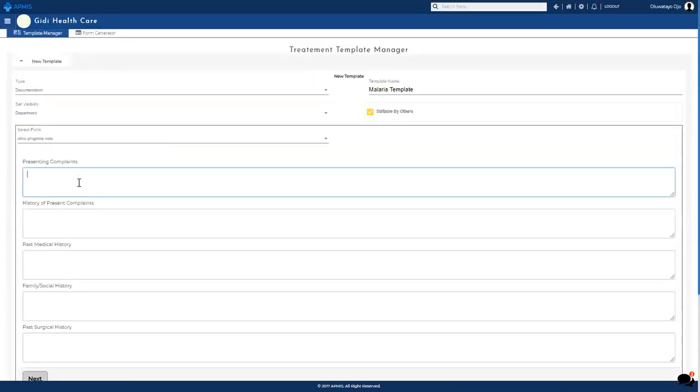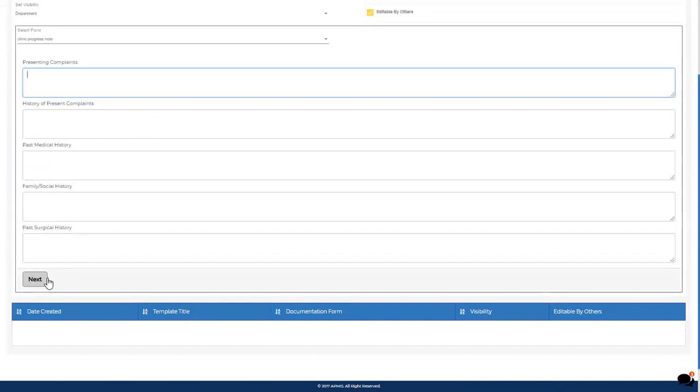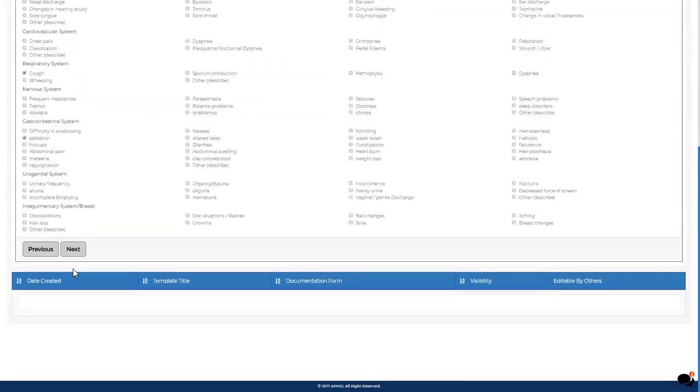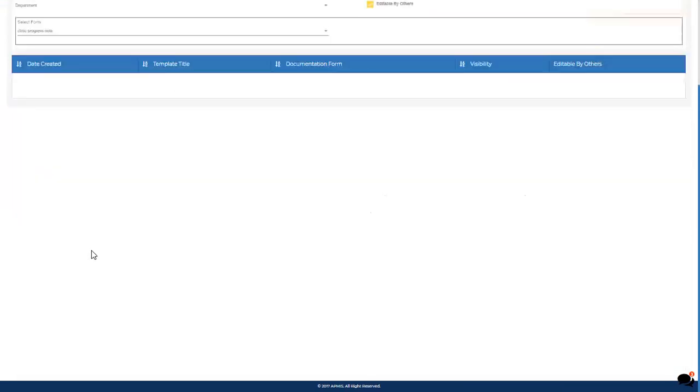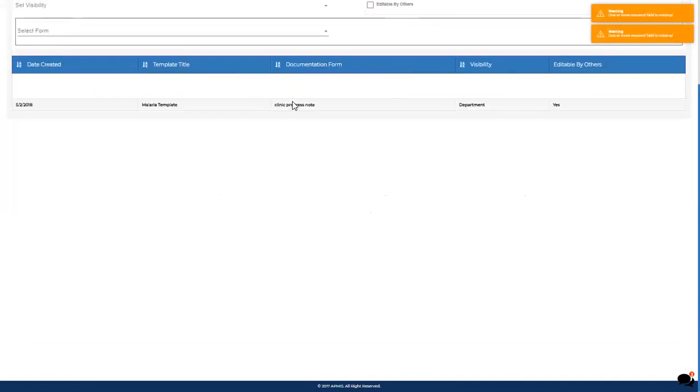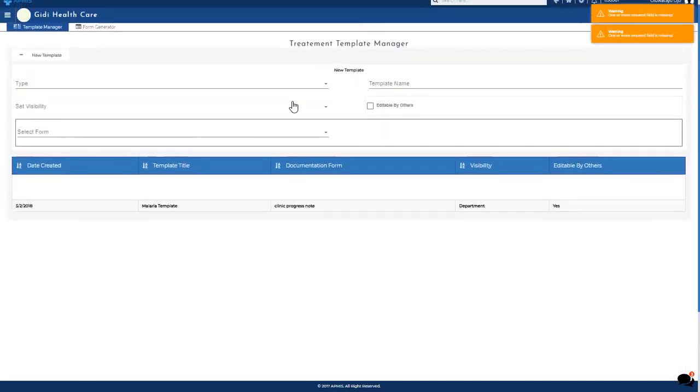So my history of presenting complaints, my past medical history, family social history, past surgical history. So once I click on complete, it saves automatically. And it gives me this list table down here, it shows me that, okay, I created the template in this date,